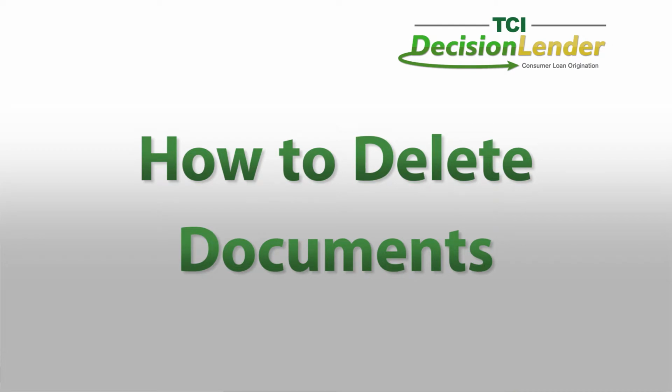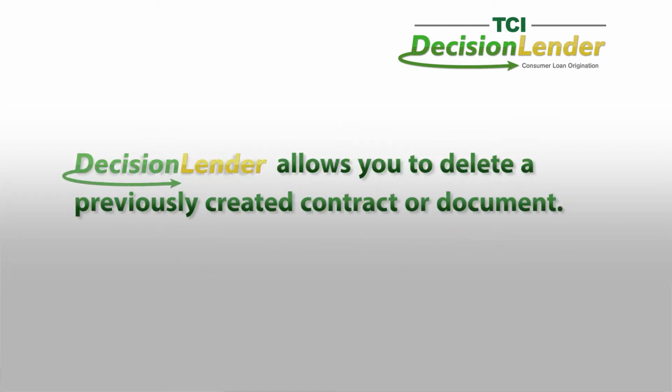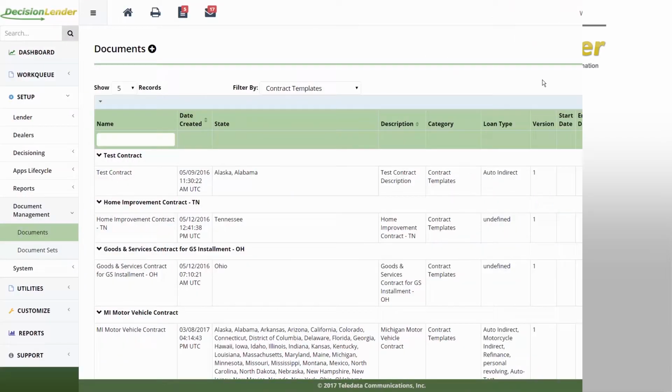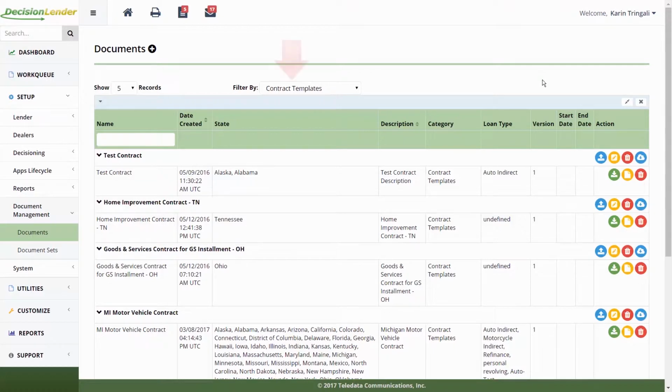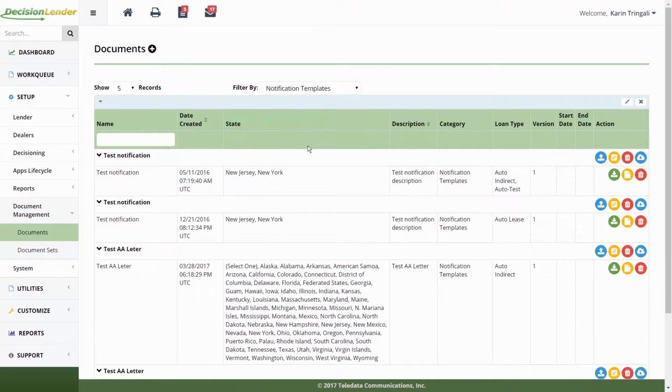How to delete documents. DecisionLender allows you to delete a previously created contract or document. From the Documents page, select the appropriate document type in Filter By field. If the document is a contract, select Contract Templates. If the document is not a contract, select Notification Templates. Locate the contract that you would like to delete